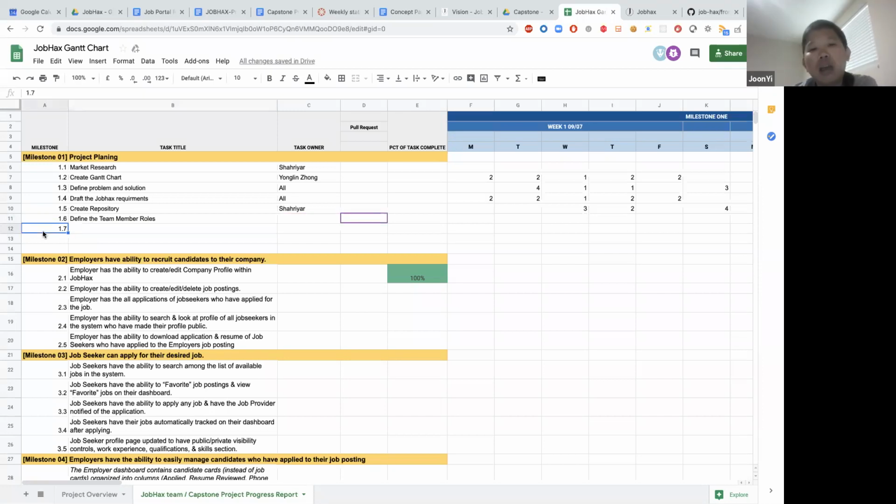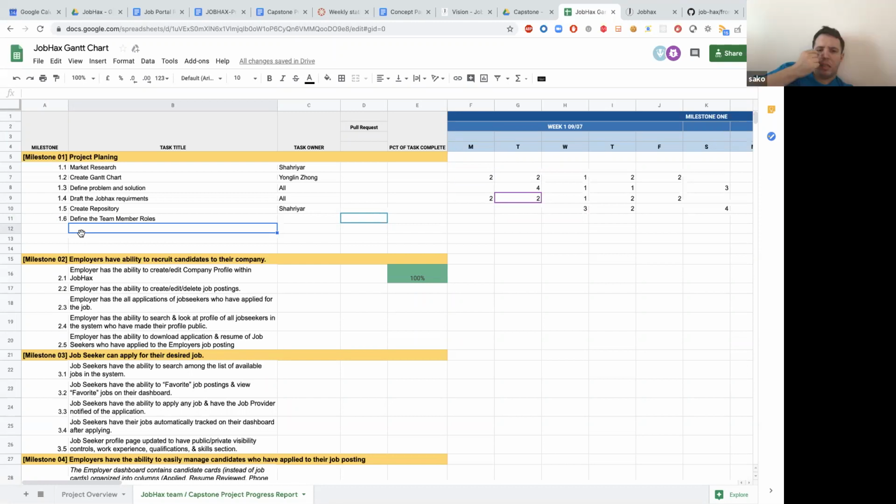But okay, I have a question. This is the hour, right? Then this becomes irrelevant. You see, 242. How do we log the hours at the individual level? I think for that we can just do it task based as a team. If it is all, then the hours should be consistent.